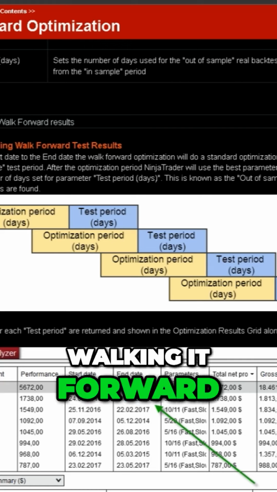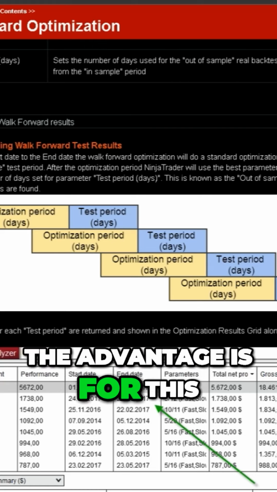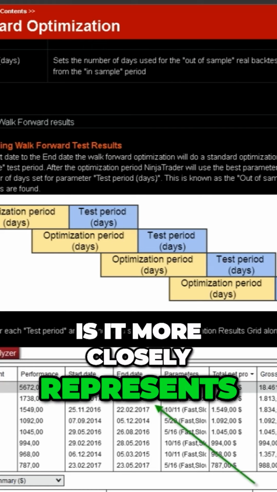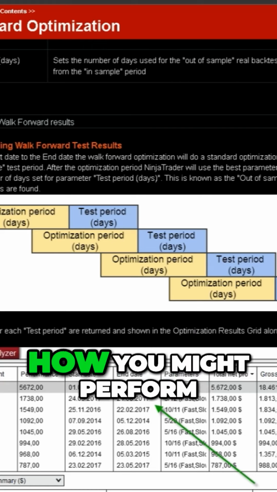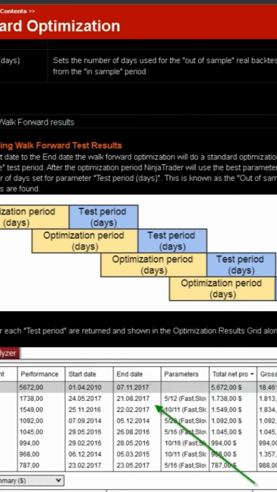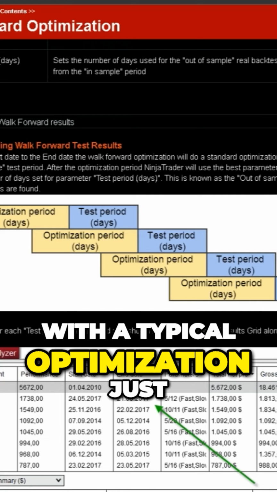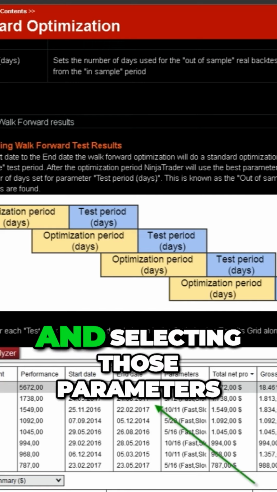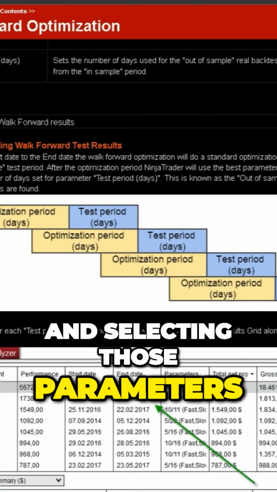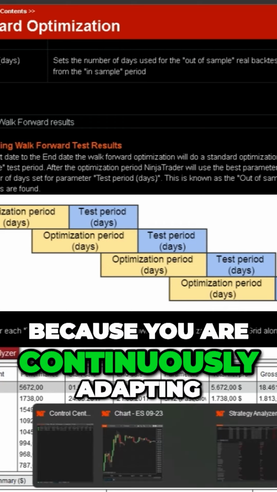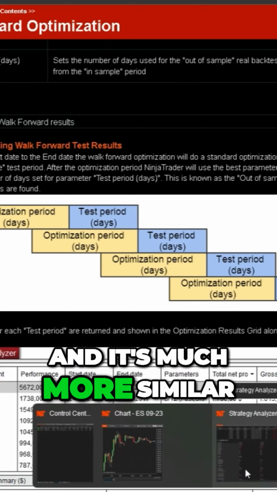again, walking it forward. Now, the advantage of this is it more closely represents how you might perform upkeep and re-optimize your strategies in a given portfolio. So it's a little bit more adaptive rather than what you would see with a typical optimization just over a given time period and selecting those parameters, because you are continuously adapting, and it's much more similar to what you'd